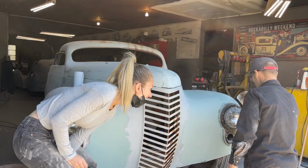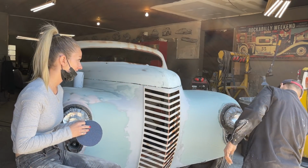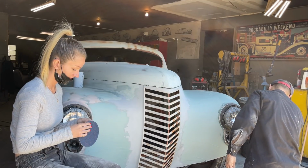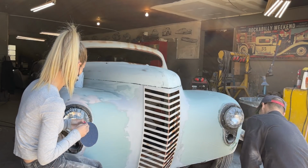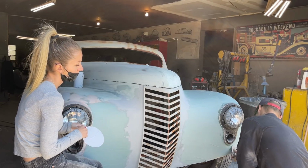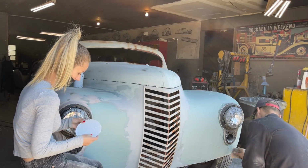Tell you the truth? No. Why, you think you can sand fill with the DA? Do you think you can hold on to her? It's hard to hold her flat. You can try it. You're most willing to try it. Go for it. But I don't know. I think that where that fill is in the right shape, what I mean by the right shape is that it's in the right body shape, that you should be able to just scrub that off by